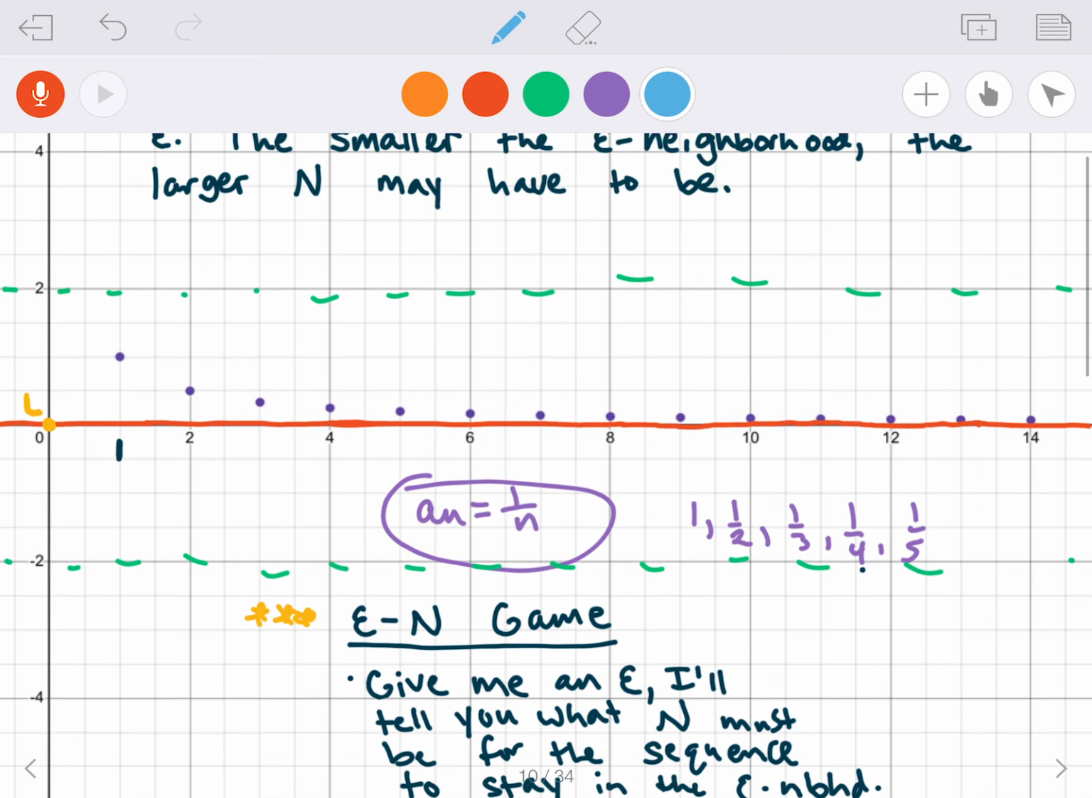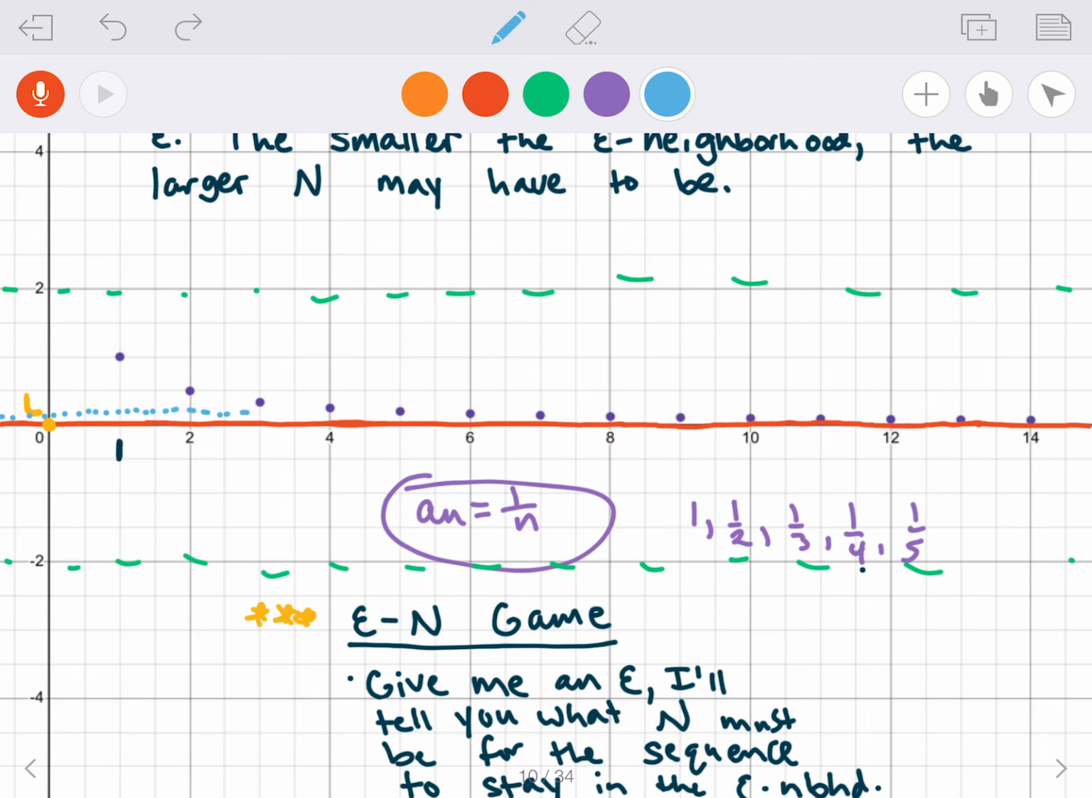So, for the big green neighborhood, that was easy. Everybody stays in that neighborhood regardless of what I choose for capital N. But now my neighborhood is between 1/8, which is going to be tiny. It's going to be like, okay, so if this is 1, this is a half. Maybe an eighth is like this. I don't know. It's super close. It's not great to draw it, but